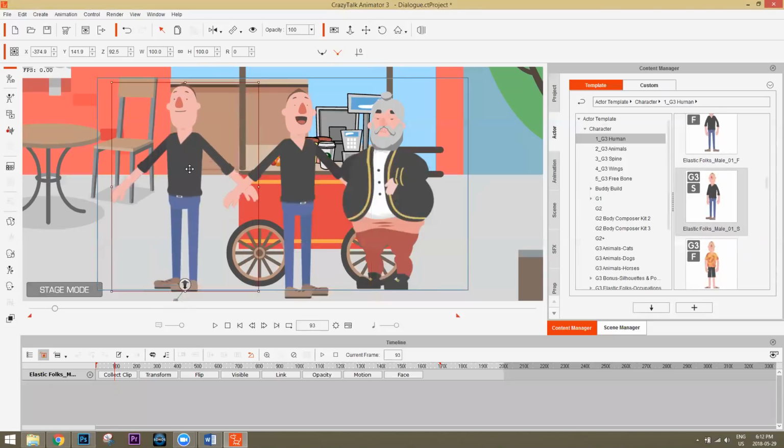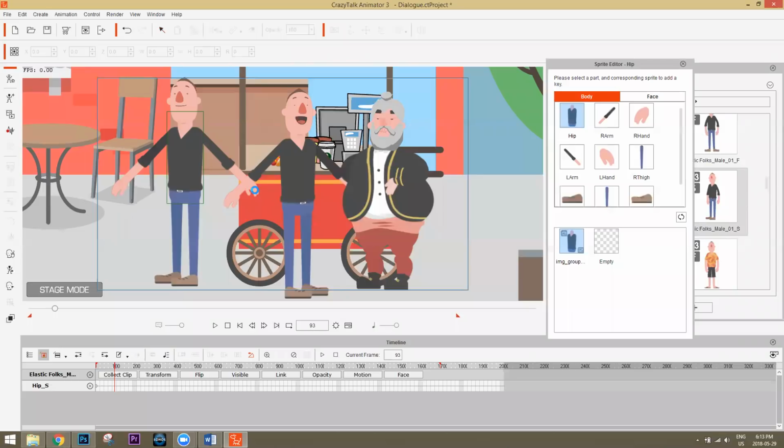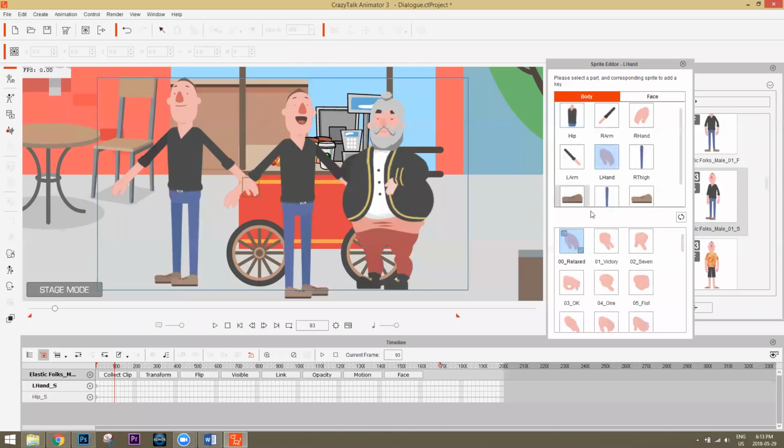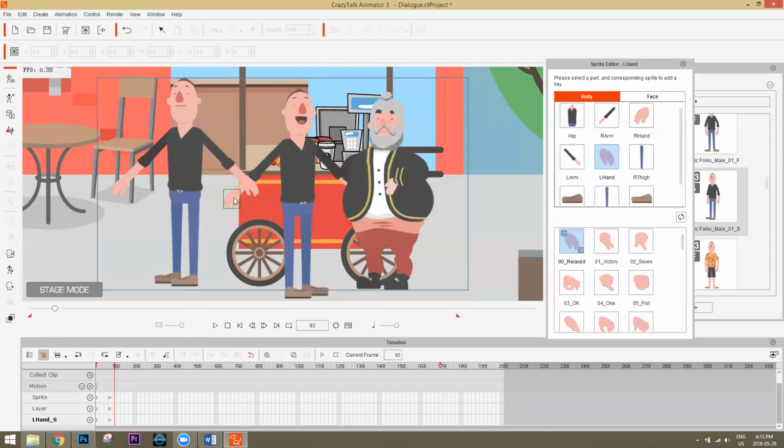Bring it forward there. All right, so he comes in facing this way, and then we flip him like this. When you flip him, unfortunately, it's kind of annoying, but it just flips everything else as well. If I go to sprite on this guy, and I select his left hand, L hand right here, and select this guy's hand, it's also L hand. So it's a little bit annoying, but that's the way the cookie crumbles.